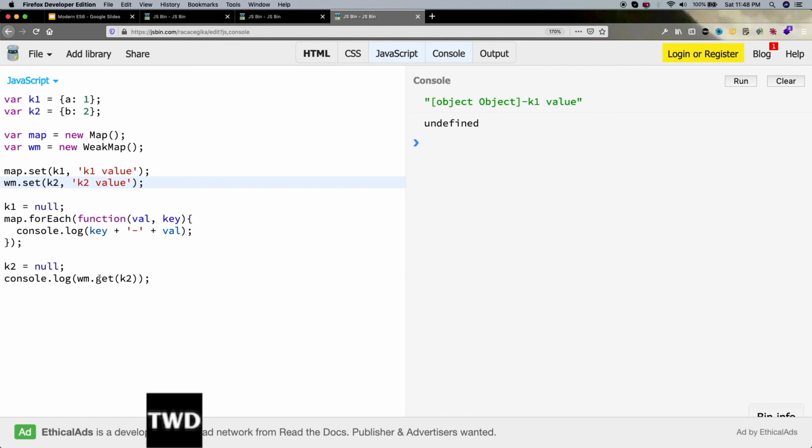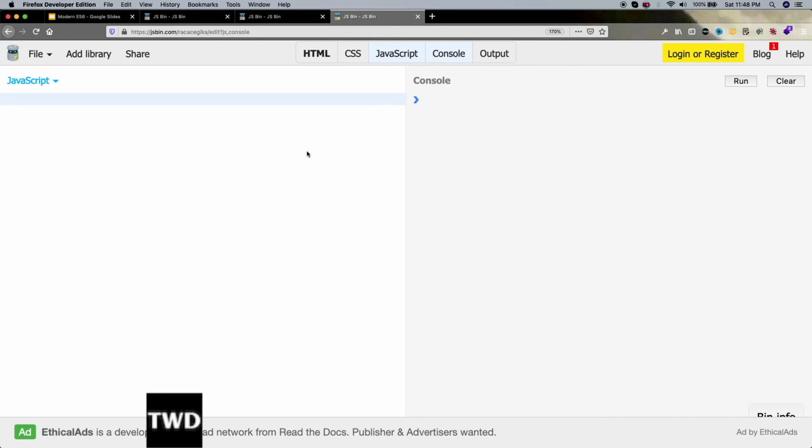Another feature of weak map is that it allows only objects. So let me remove this and clear this. How does weak map allow only objects? You will see: const w equal to new WeakMap, and then w dot set, directly setting a string.